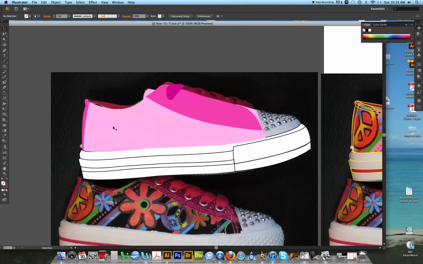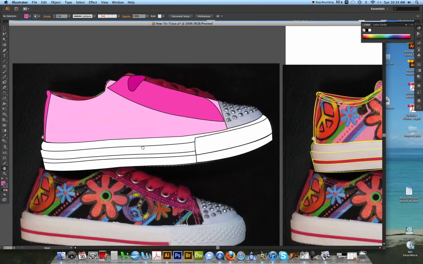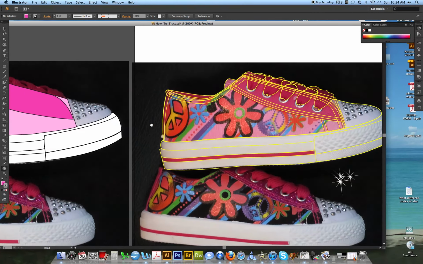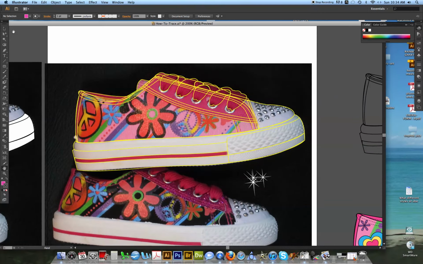And you can start to see this come together. You also want to put a black stroke on your thing sometimes because it just looks better. And you'll see this image start to occur. So here, if I scroll over, is the image with me having everything traced out. I have everything in here, you know, the white, the black, the pink, everything except my grommets, which I didn't